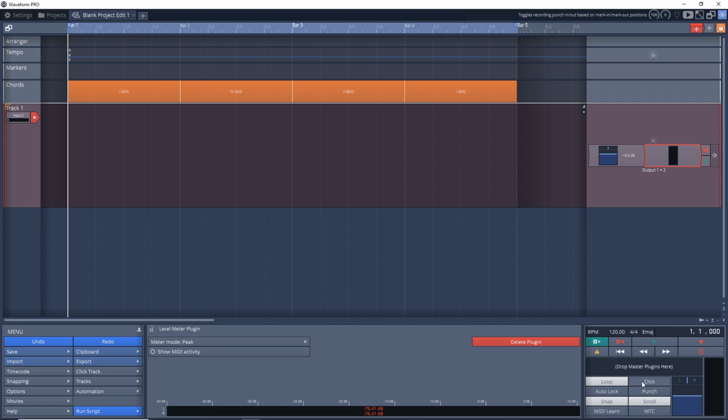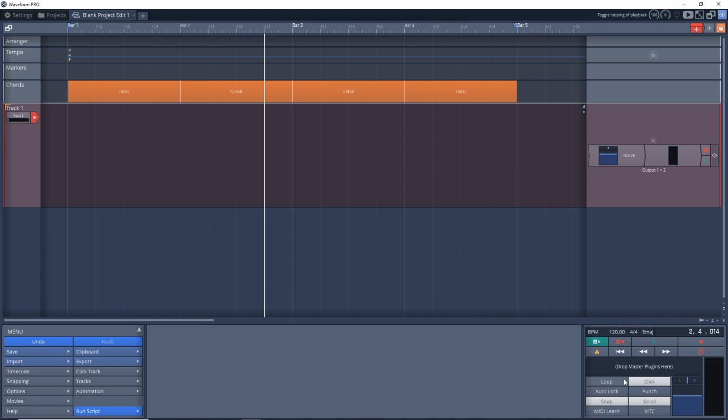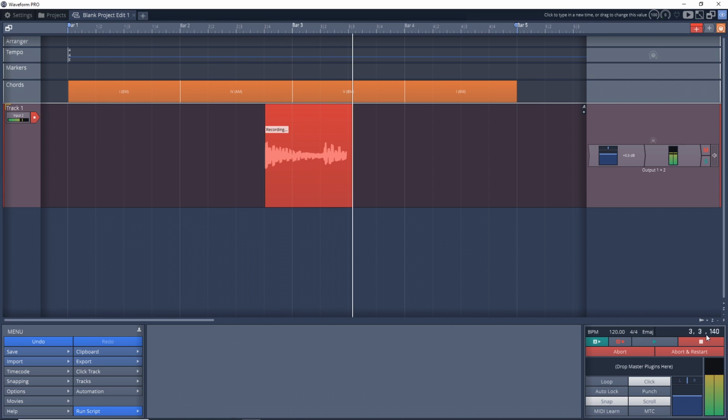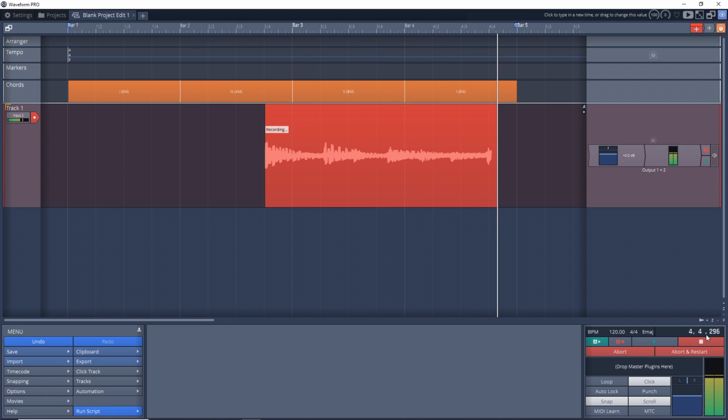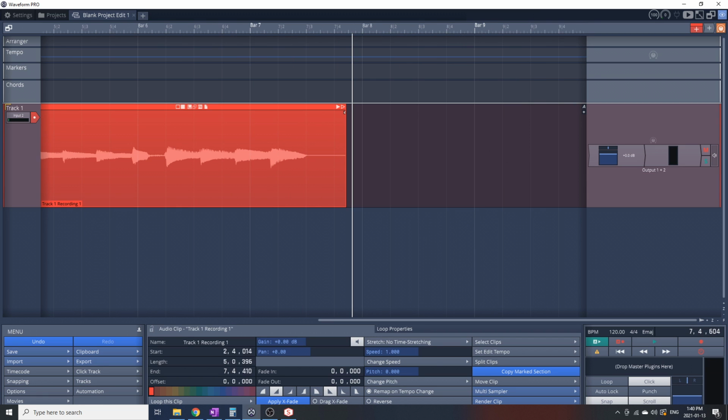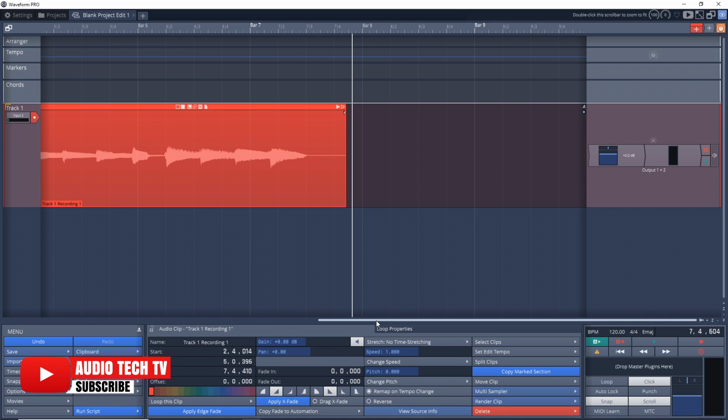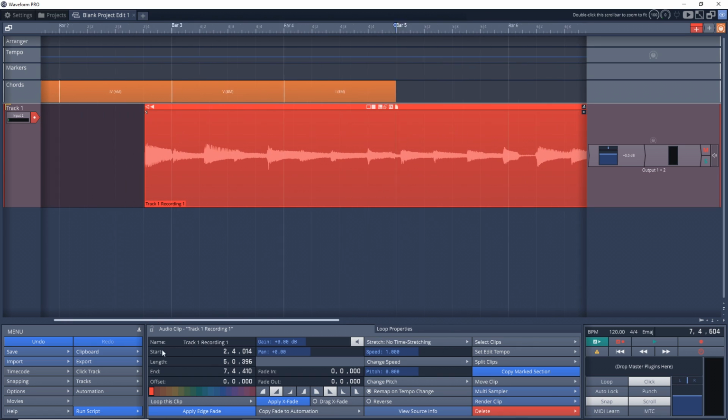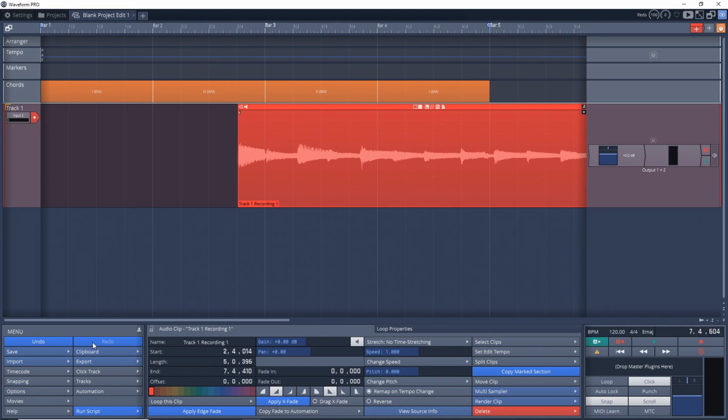So what I might want to do before I hit record is turn on this little click track here. That way it gives me a click track to play along to. So I'm going to turn off loop recording and I'm going to hit the main record button in the software. All right, so there was nothing really recorded there. My latency is a little high. It usually is when I'm doing these videos. So I don't even know if I was in time with that click, but I just wanted to show the